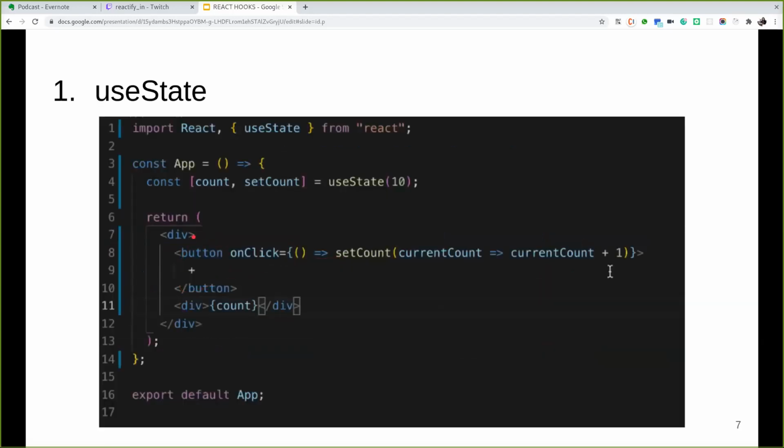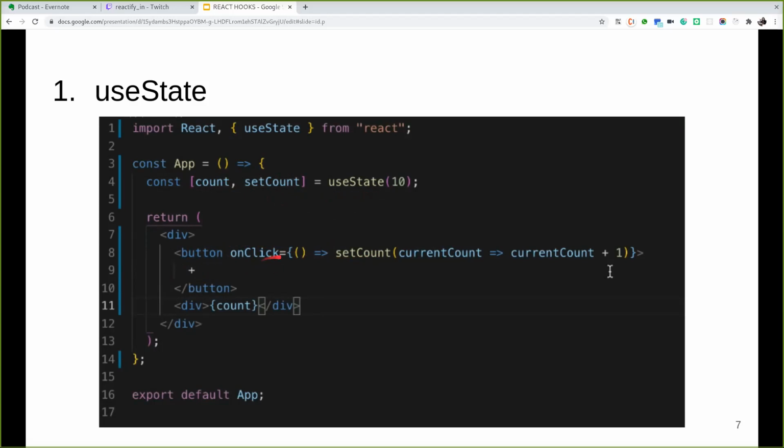So the first hook that we have is useState. So what does calling useState do? As we previously saw, it declares a state variable. In this example, on button click, I'm trying to increase a counter. At first we use the useState hook to initialize the state. The useState returns a tuple where the first parameter, count, is a variable to keep the current state of the counter, and the setCount method will allow us to update the counter state. And now we can use the setCount method in any action.